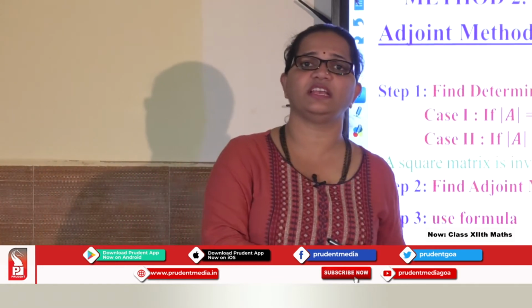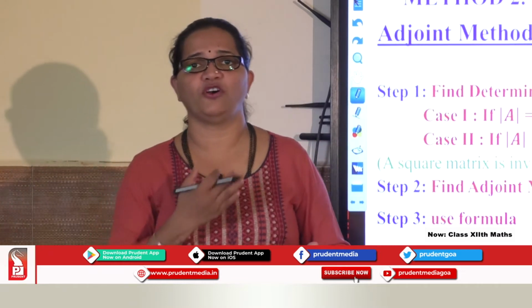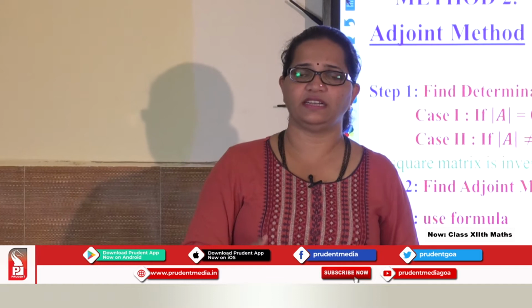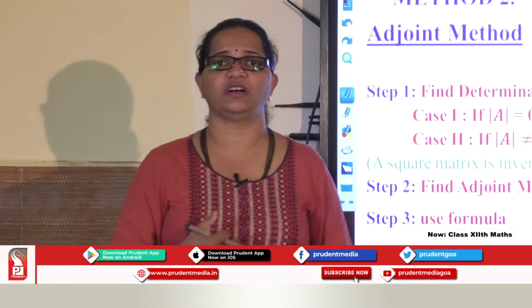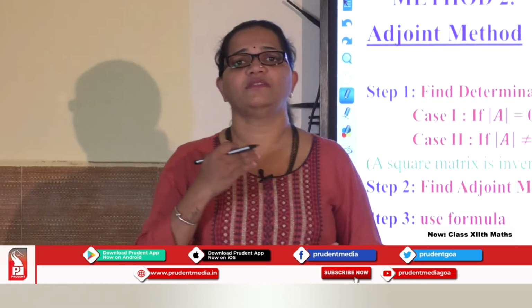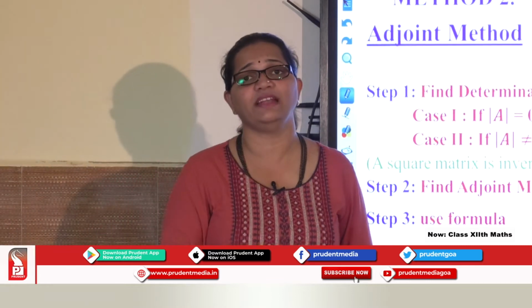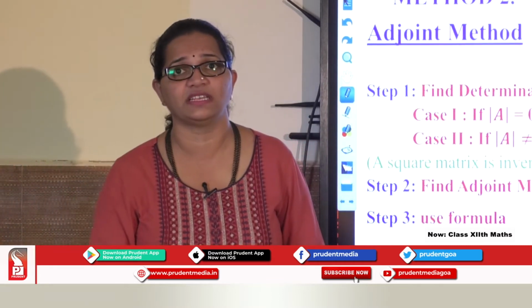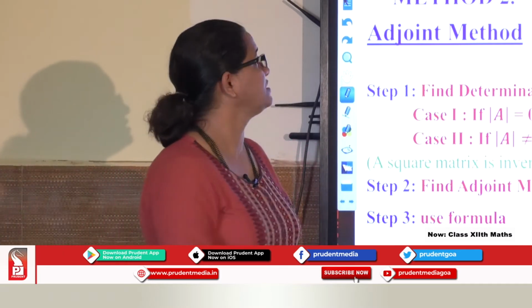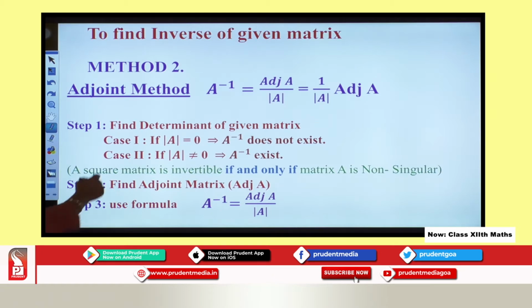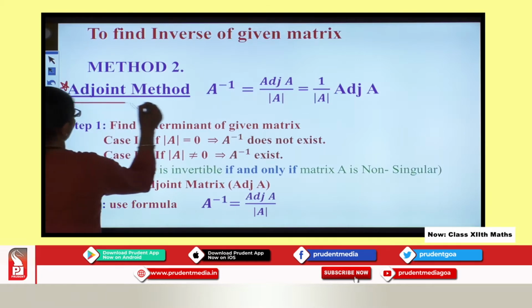In the previous three lectures we discussed various concepts of matrices and determinants, and then in the previous lecture I explained to you all the first method of finding inverse. Now we are going to the second method of finding inverse, and here we talk about the inverse of a matrix using the adjoint method.